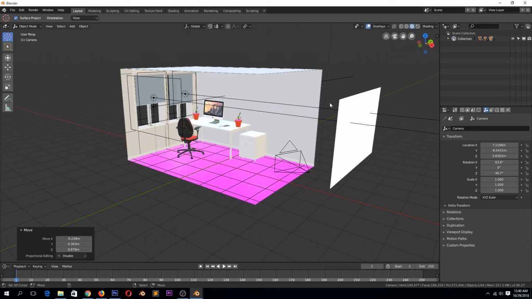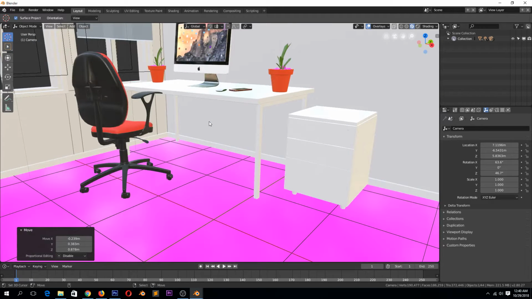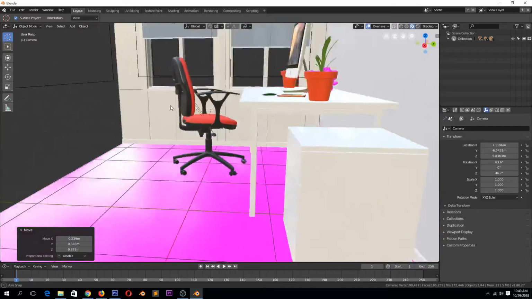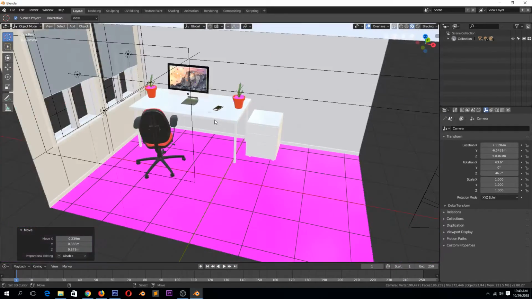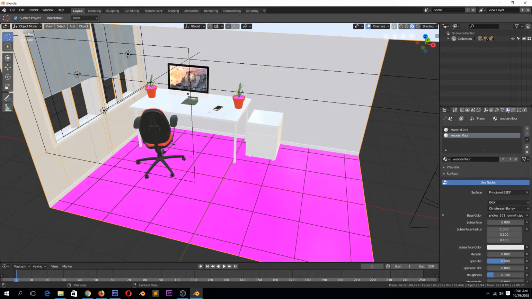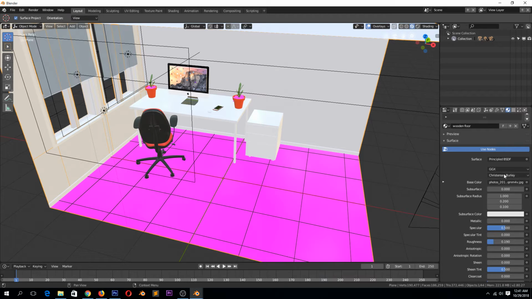We have the shading we are looking at. You have textured here. This will just show you the textures that are in your scene. So whenever you see this purple color here, it usually indicates that the texture there, the image texture that is supposed to go there, is missing. So you can go and find that texture. So, wooden floor,